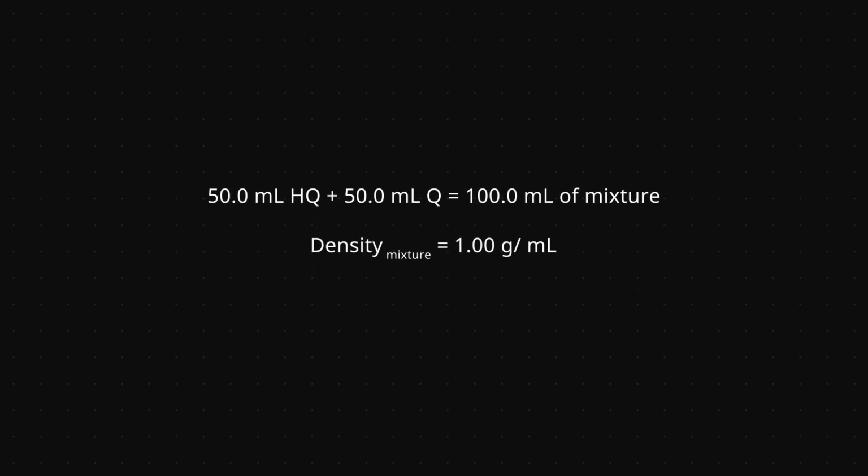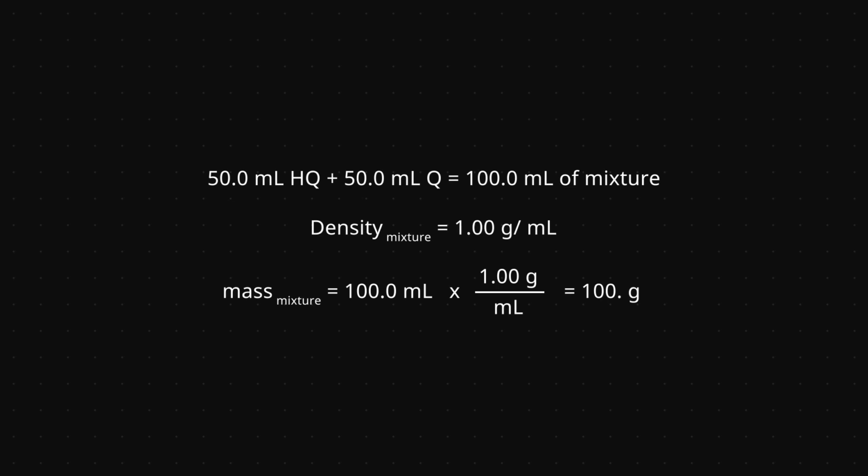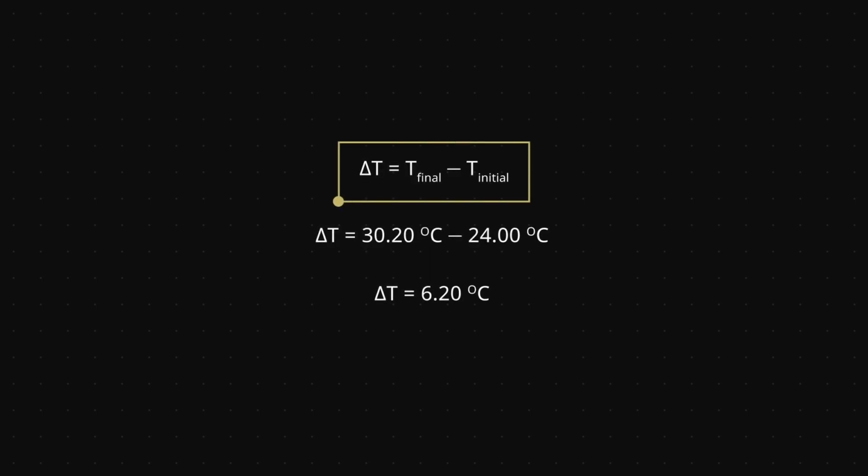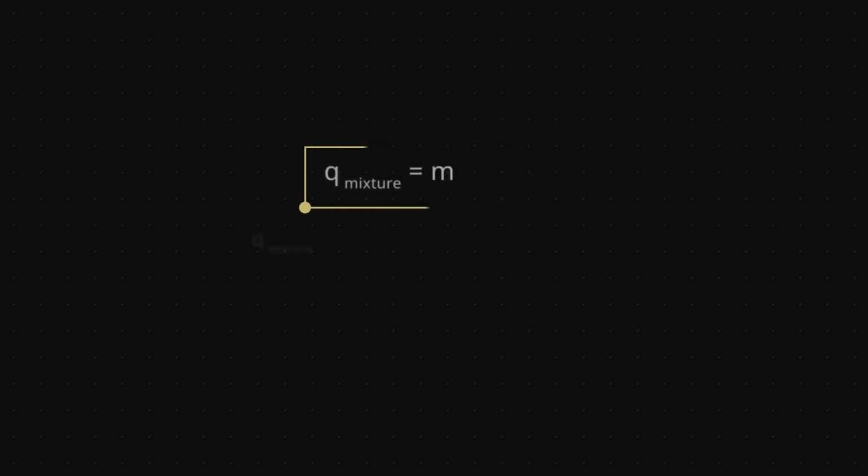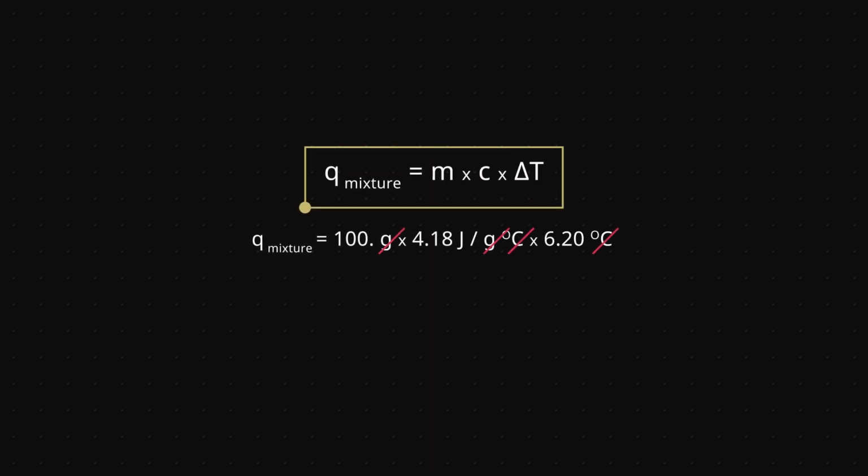Aqueous solutions have a density of about 1 gram per milliliter. So the mass of the solution is approximately 100 grams. C is the specific heat of the solution, which we assume to be the same as water, 4.18 joules per gram degree Celsius. ΔT is the difference in temperature, which is 30.2 minus 24.0, which is equal to 6.2 degrees Celsius. The amount of heat absorbed by the solution mixture is therefore Q of solution equal to